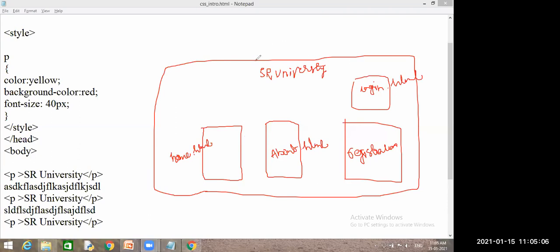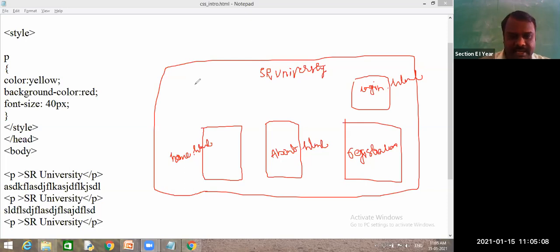Yes. See, understand the concept here, guys. When you go through all these pages, there is one common property: the text is displayed with 10 pixel size, and the color of this text is red.